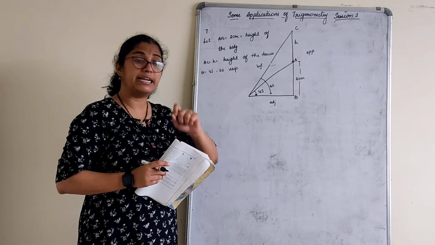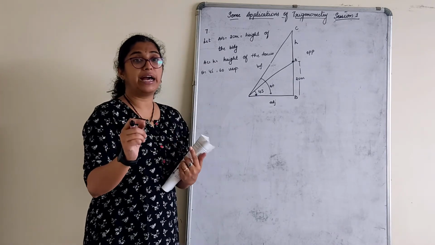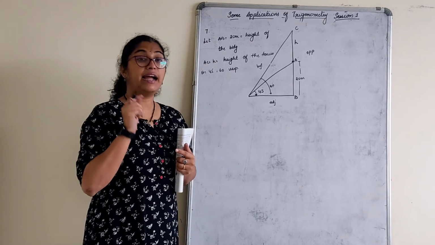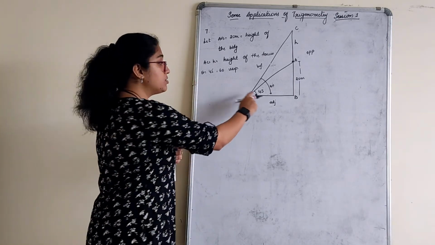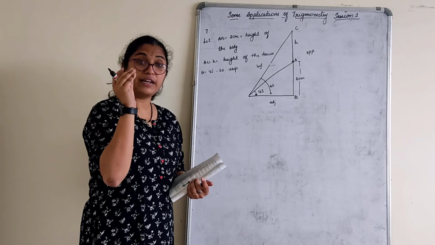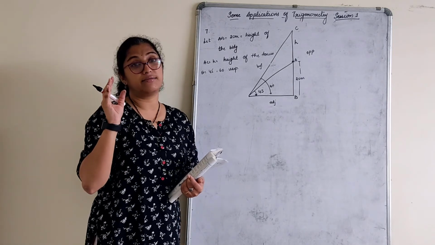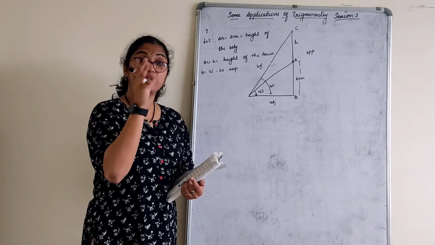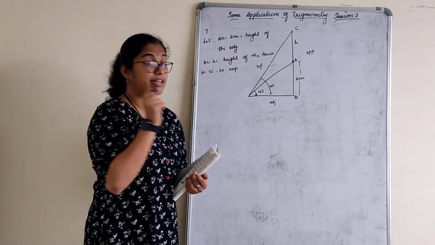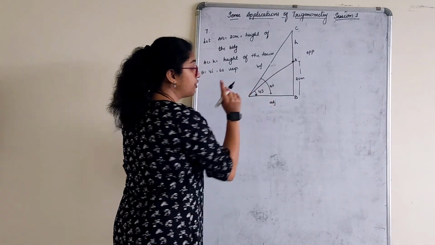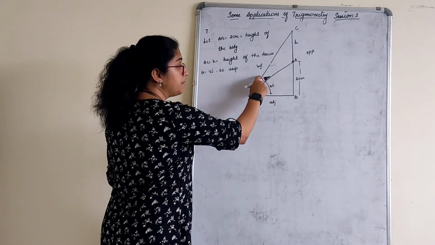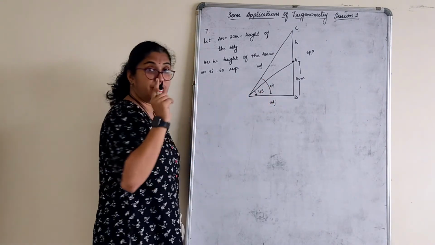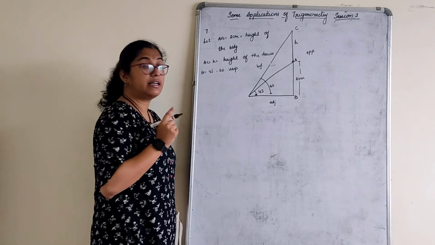But always remember, the hint is wherever you have a 45 degree angle and you are using tan ratio, use 45 first. I mean, use the triangle in which 45 is there, right? So this is a triangle where 45 is there. I'll touch that triangle first. Not wrong if I use the tan 60 triangle, the bigger one, but make use of 45 degree first and then any other degree.